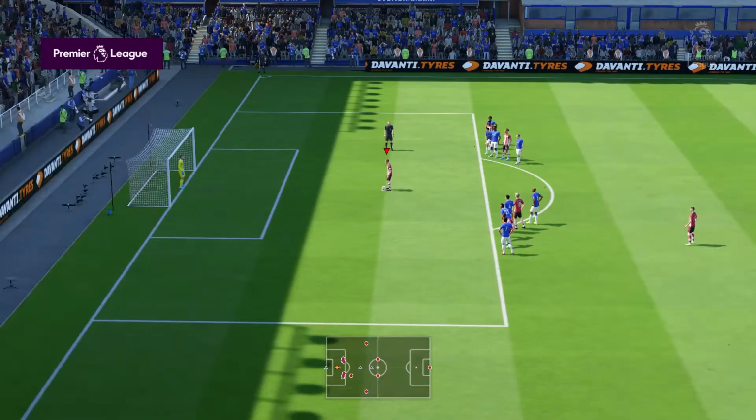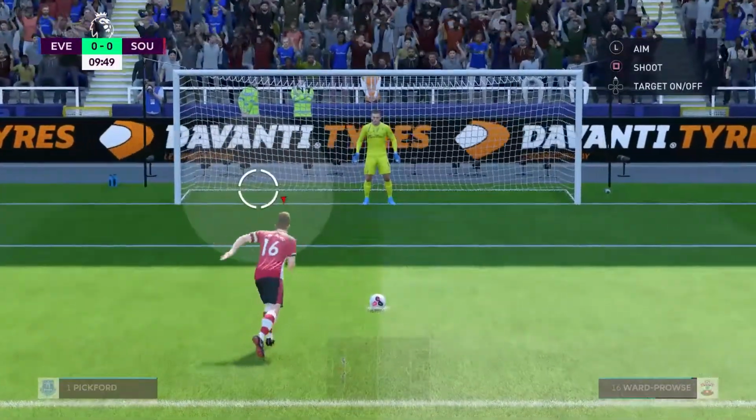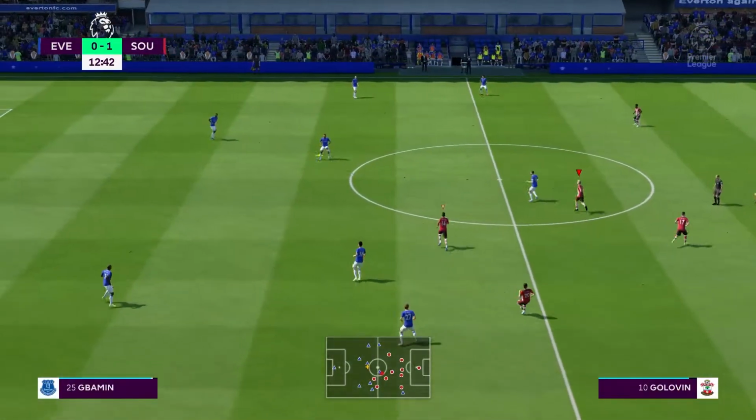A red card might be too harsh, but James Ward-Prowse is going to take this penalty, going for the bottom left corner, and Jordan Pickford goes the wrong way, and we are taking a 1-0 lead. And here's